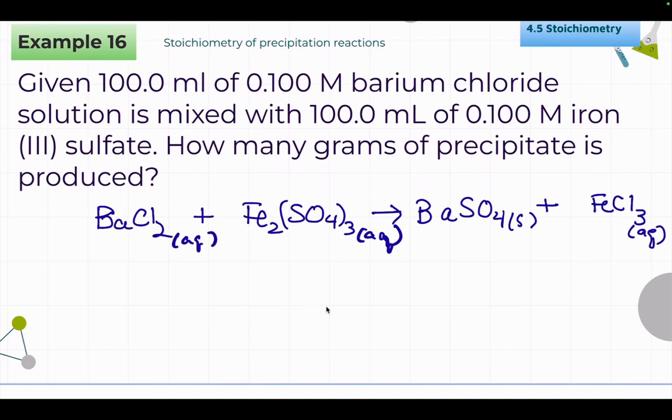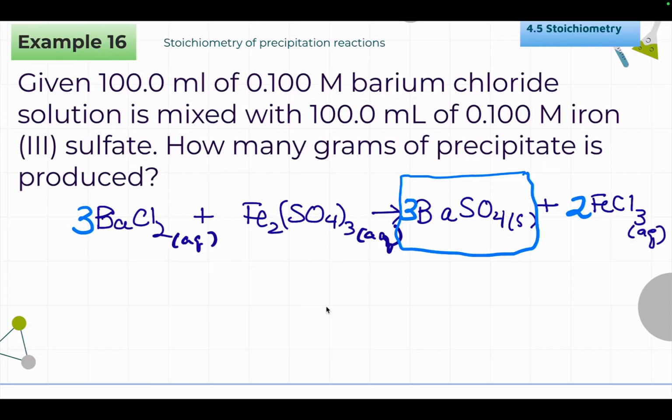And you can see that I have 2 irons on both sides. I have 6 chlorines, 3 bariums. I would want to put a 3 here. So now it's similar to what I've just been doing. I do need to determine who the limiting reactant is before I can determine the amount of the precipitate. Precipitate is this one, but before we do any of that, I'm going to take my amounts of